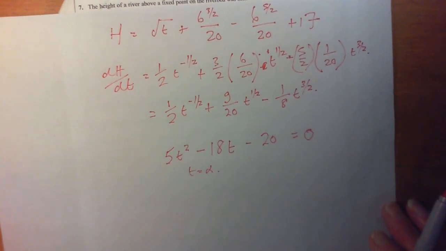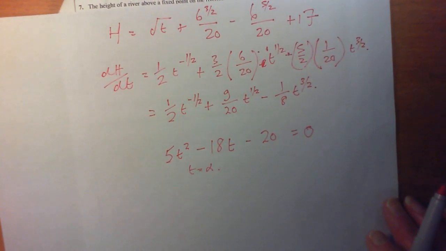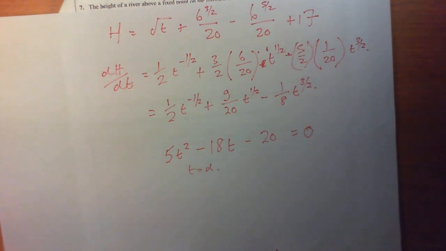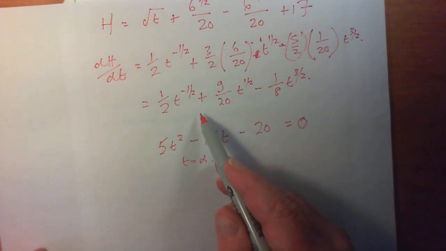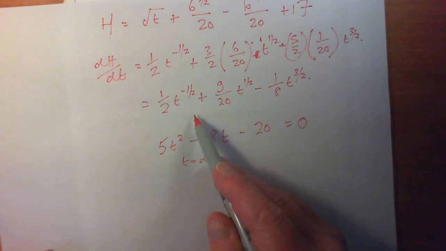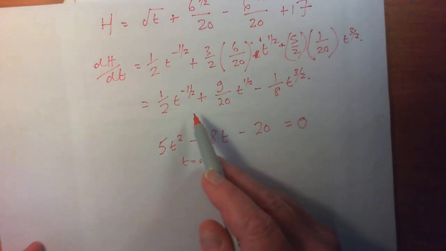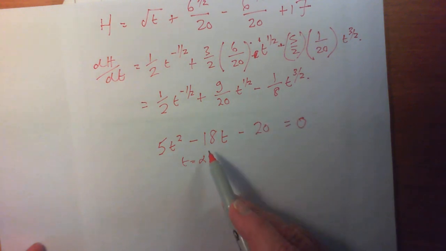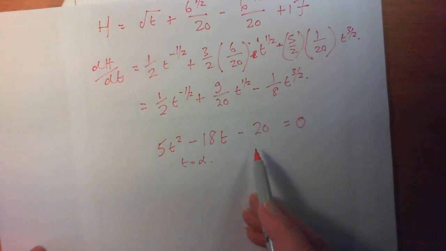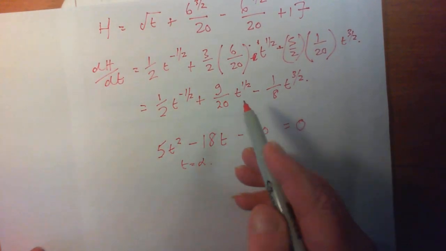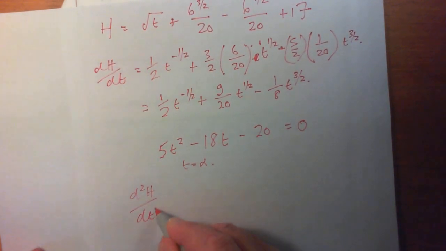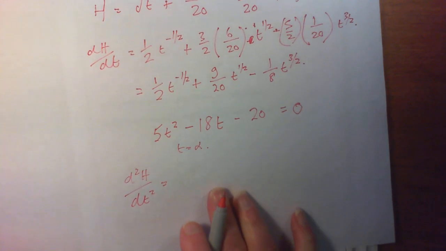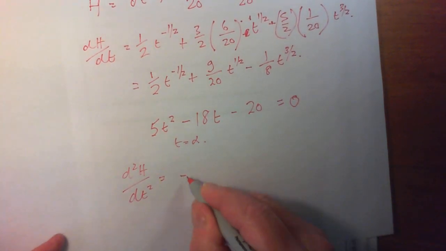But what I need to point out is that you're taking the derivative of this, okay? In order to form the second derivative, you're taking the derivative of this. You are not taking the derivative of this. You're taking the derivative of this. Which is minus a quarter